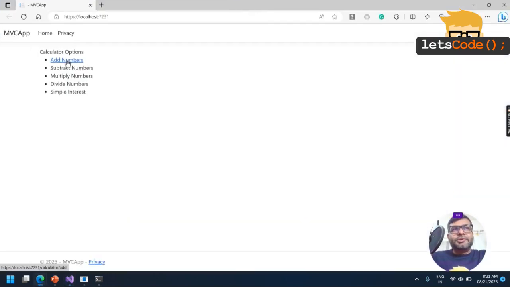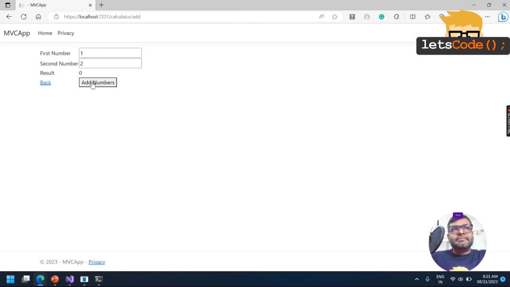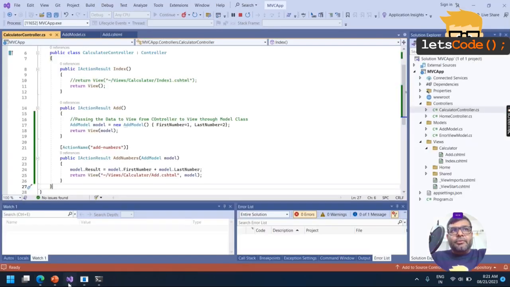So we have launched the calculator home. Add numbers 1 and 2 is already there. We will put 3 and 7. So we have got the result 10, and that's what we wanted to achieve. Now we are aware: we have learned model, view and controller, all three components.